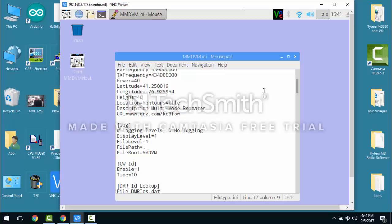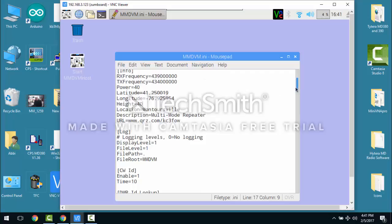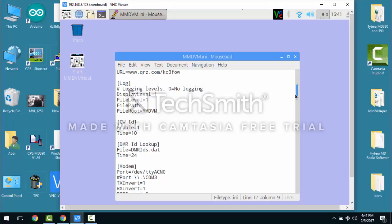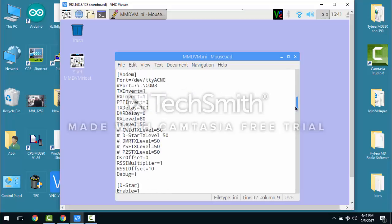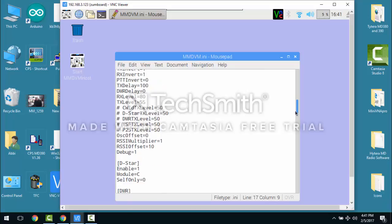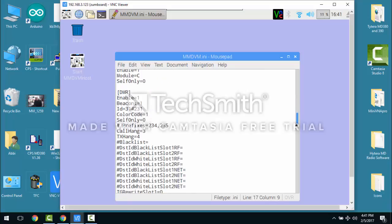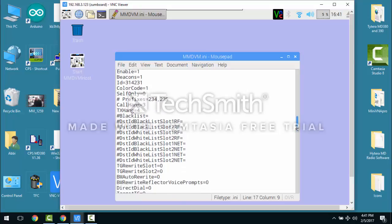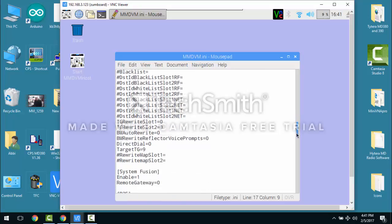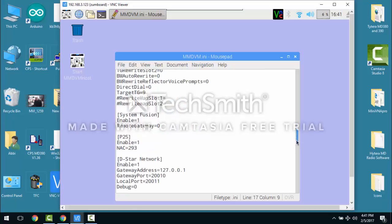If it doesn't have a height, it doesn't think you have an antenna, and the power as well. So those two things are kind of important. Then you have the ports and things, but you can leave this alone per se, except for the part of your ID. There's my ID for my repeater,